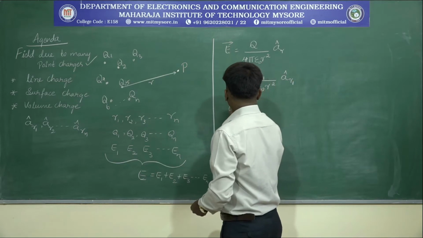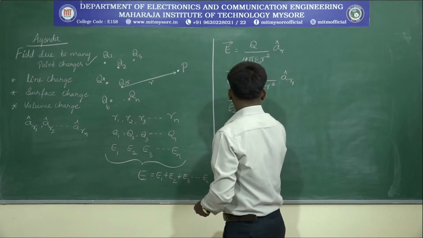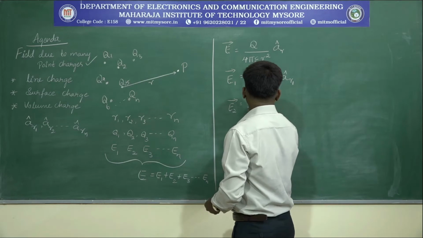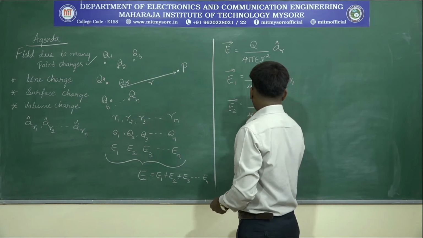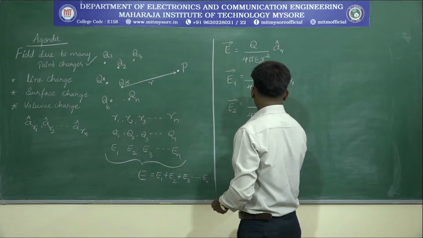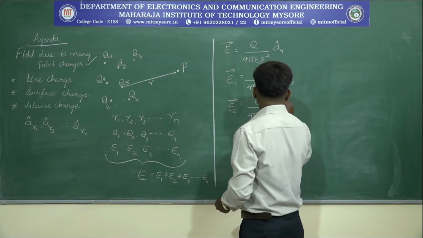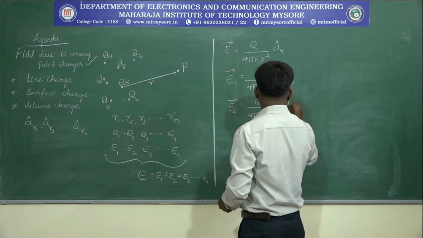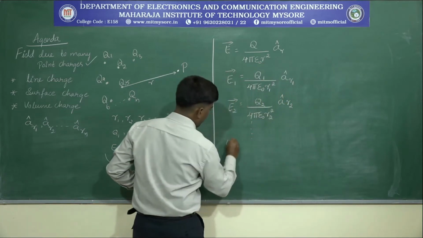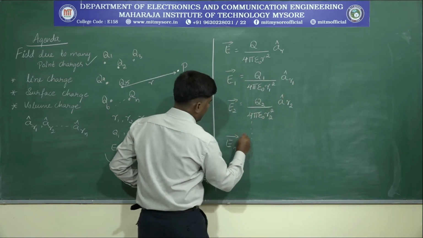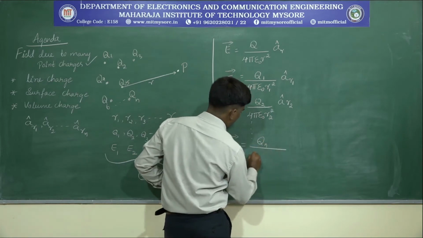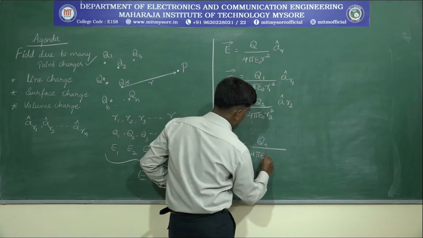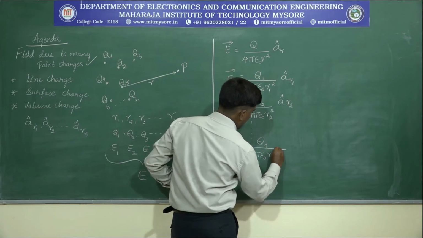For E2, this becomes Q2 divided by 4 pi epsilon naught R2 square into A cap R2. So on up to En, which is equal to Qn divided by 4 pi epsilon naught Rn square